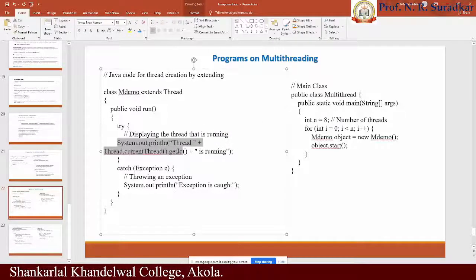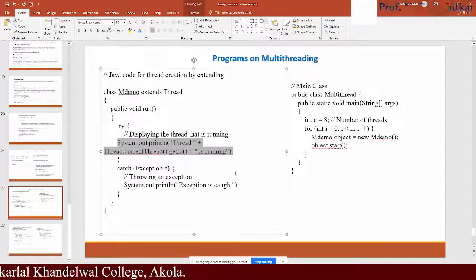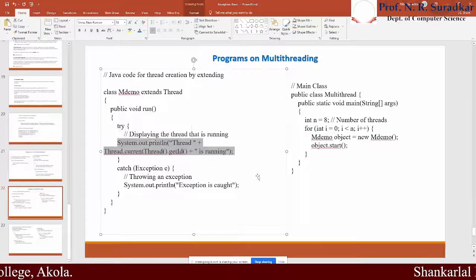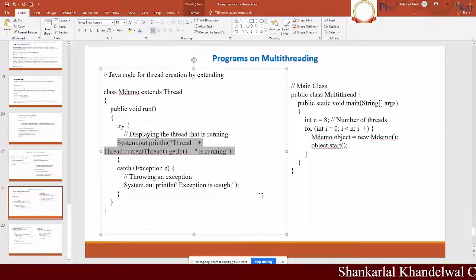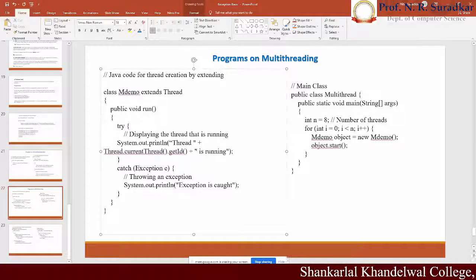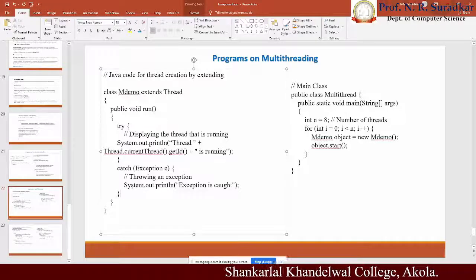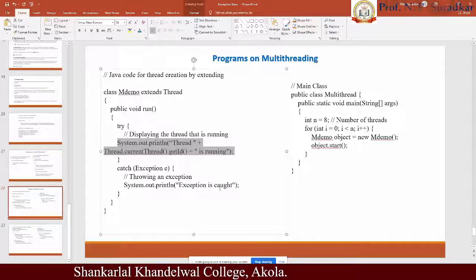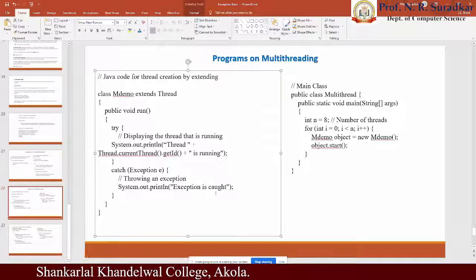This is the main thing. Okay, next, the catch block. If this statement raises an error, that has to be recovered here, and an exception is thrown which is handled here, and a message will be printed after that. If an error arises there, the exception is caught. If this statement has an error, then the statement "Exception is caught" will be printed.